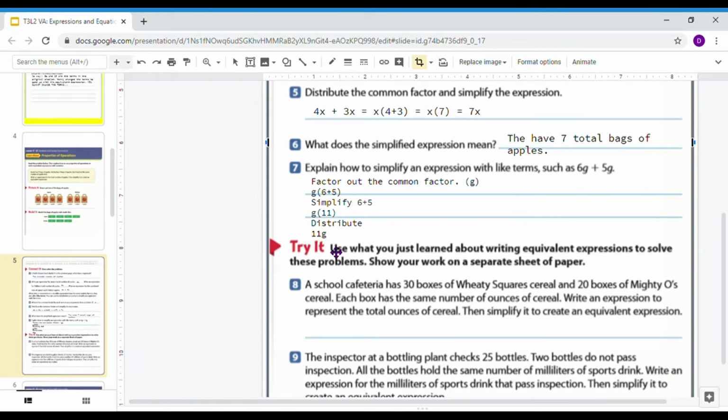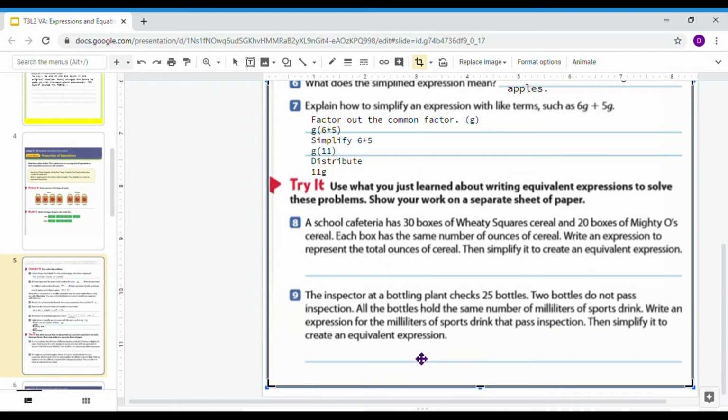We're going to move into the try it. I will be doing these on the dry erase board, numbers 8 and 9. So this is: a school cafeteria has 30 boxes of Wheaties Squares cereal and 20 boxes of Mighty O's cereal. Each box has the same number of ounces of cereal. Write an expression to represent the total ounces of cereal. Then simplify it to create an equivalent expression. So, looking on the board,